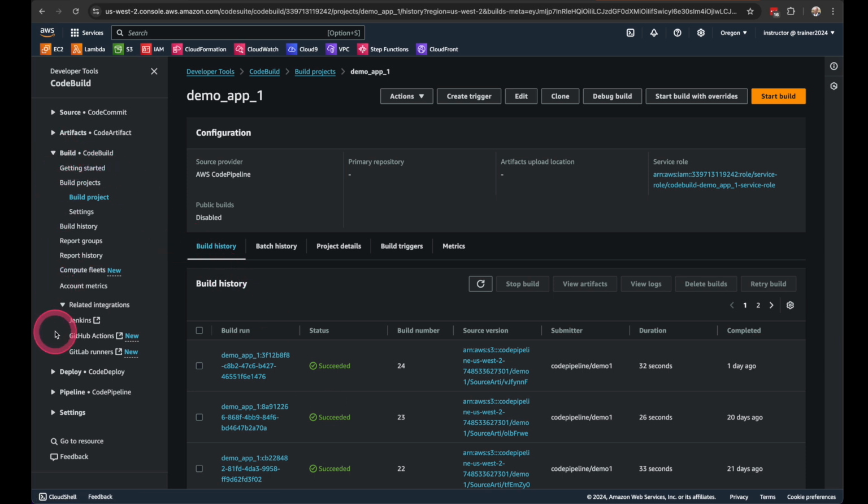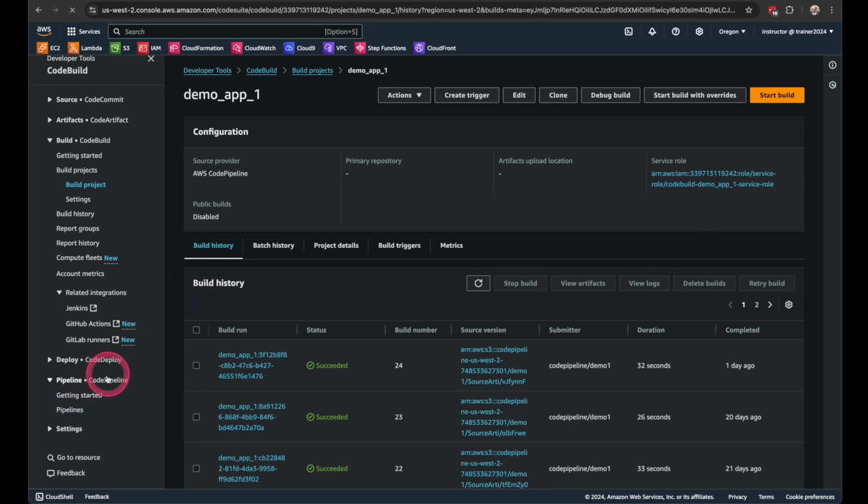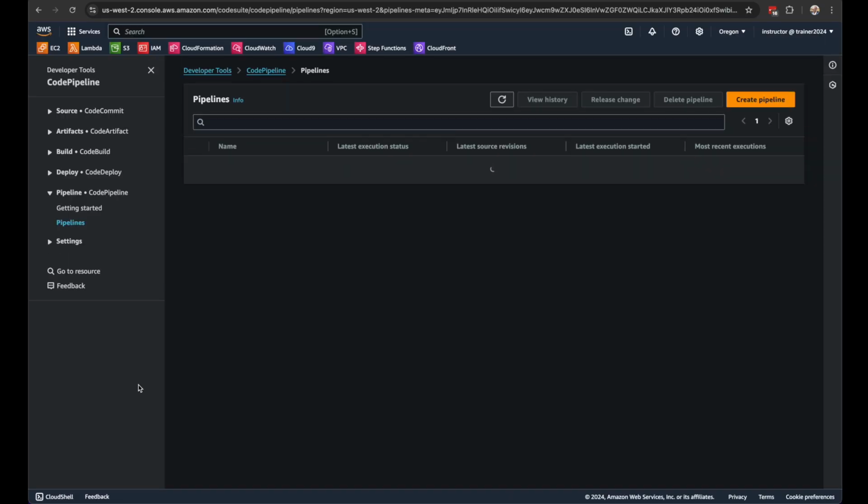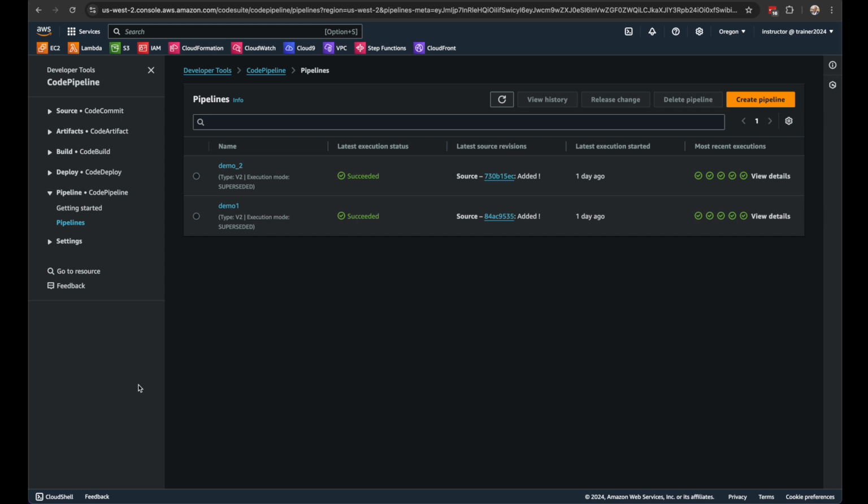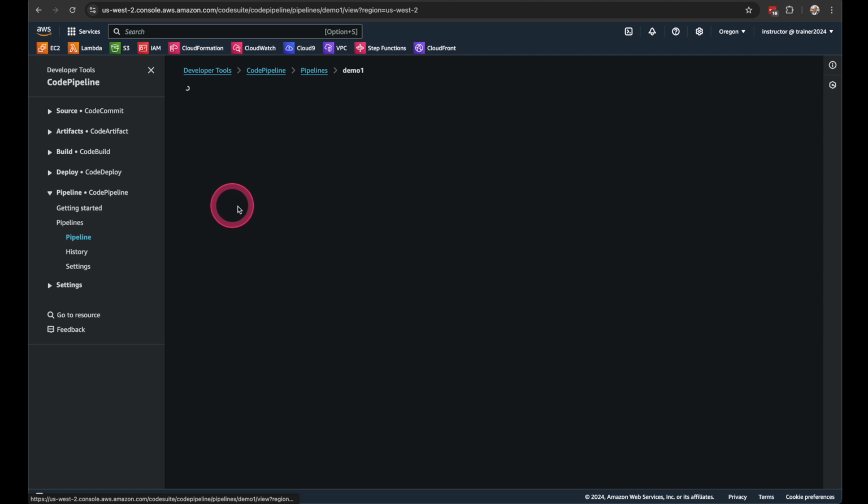And then I have the pipeline. The pipeline here allows me to listen for source changes inside AWS CodeCommit. If I get changes, I then instruct the CodeBuild service to produce a new container image, and that container image is going to be stored in Amazon ECR. What's fascinating about this